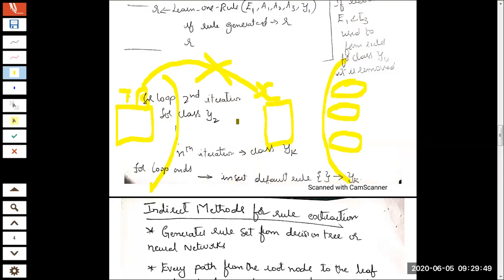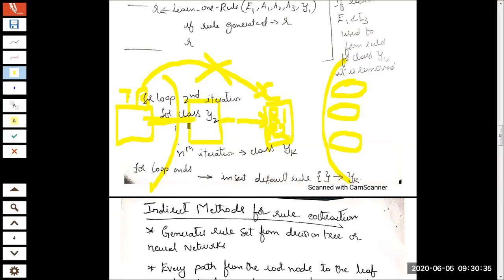So your classifier will learn the rules from an intermediary form. That is, from the training records, some intermediary form will be constructed, and from this intermediary form, the classifier will learn the rules R1, R2, R3. Okay. So the point you should critically observe here is your classifier is not learning the rules directly from the training set. Instead, some intermediary form will be used to learn the rules. Okay. But please observe that the intermediary form is connected to the training record.